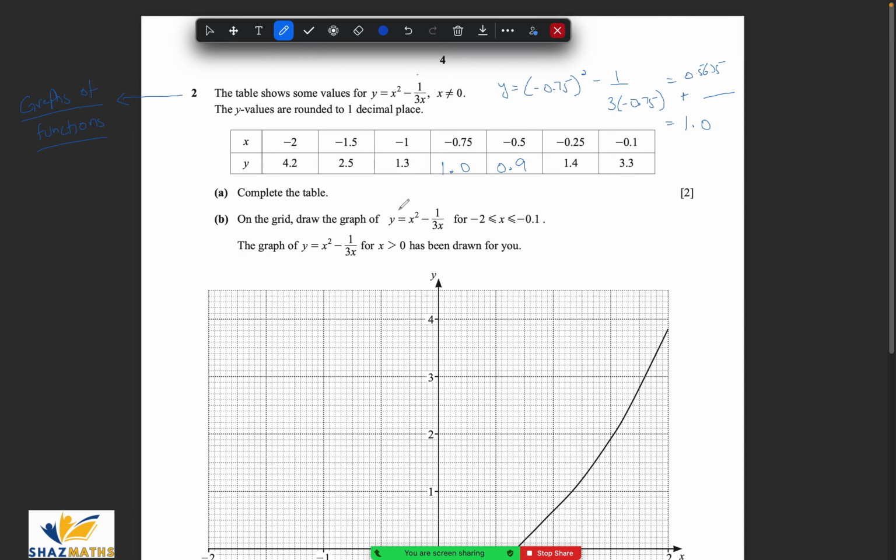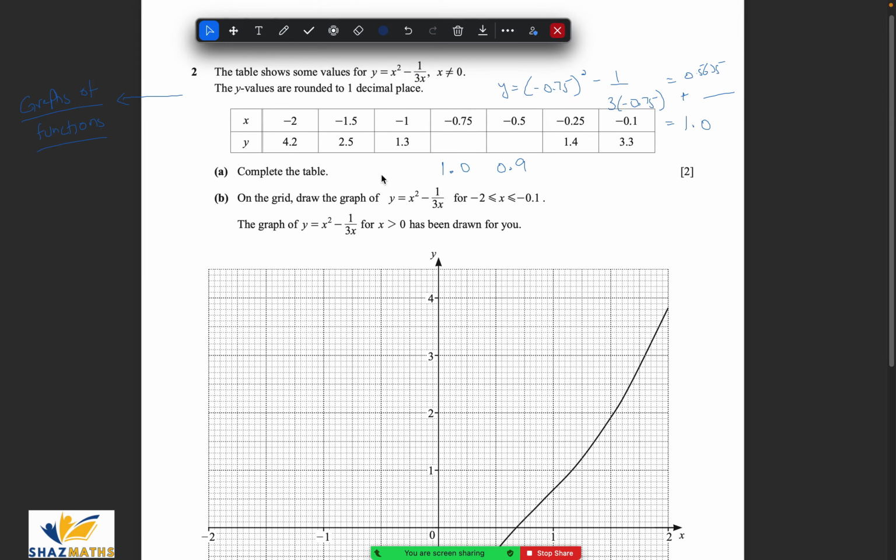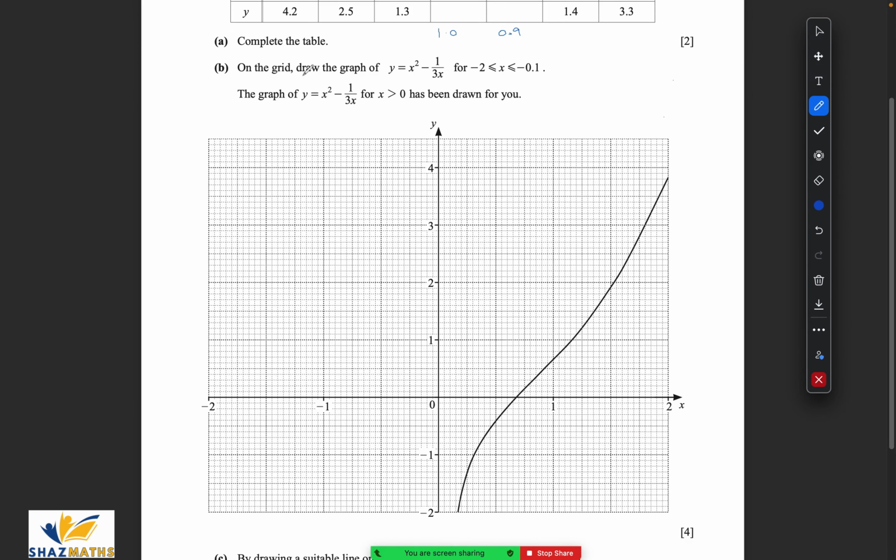Alrighty, so this is part A. Let's move on to part B. Part B says, on the grid, draw the graph of y equals x squared minus 1 by 3x for